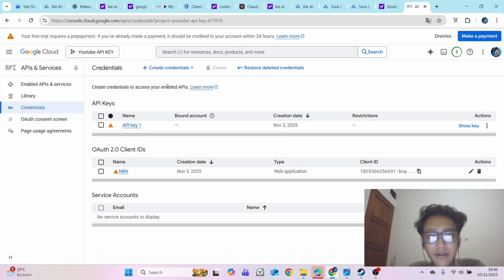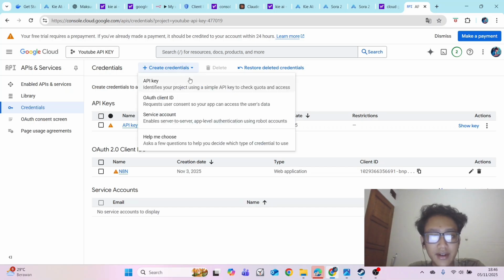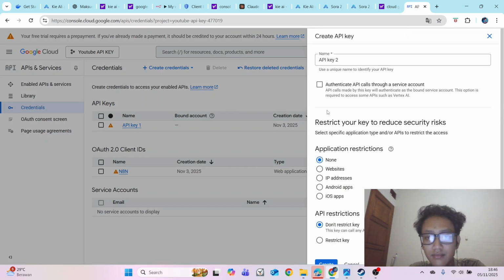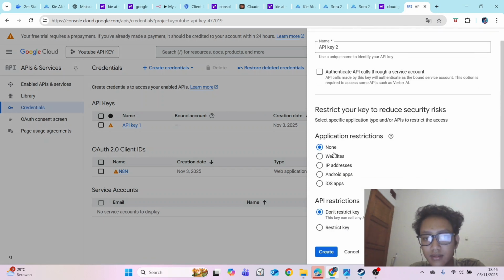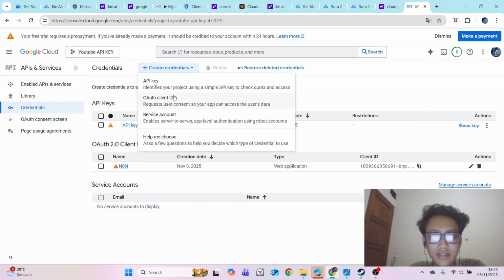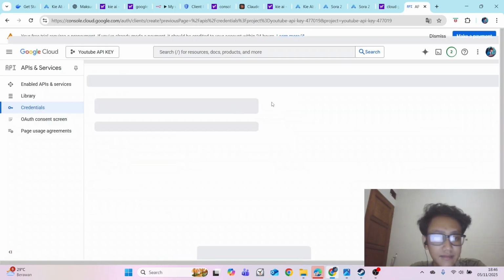Now if you are new to this Google Cloud, you can create your credential here, and you can choose your API key. Oh no, I mean you can use OAuth client ID.